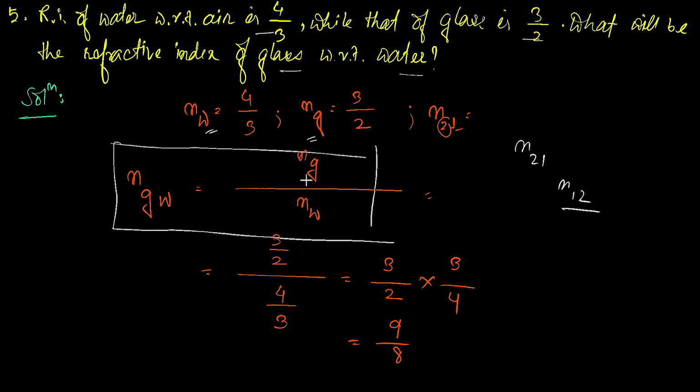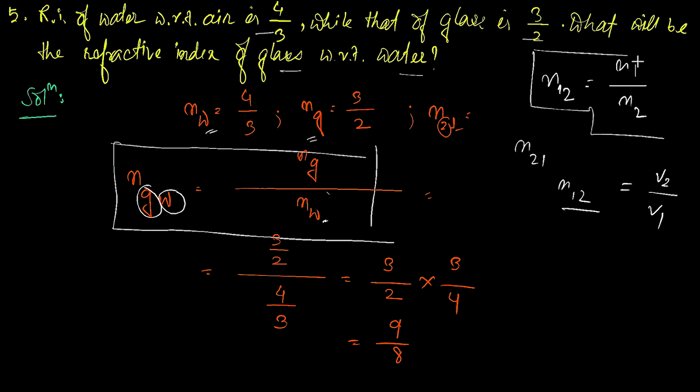And there we have the velocity of light in medium 2 by the velocity of light in medium 1. It is a relation of the velocities, but we have to find the refractive index formula. The first suffix we write in the numerator, and the second suffix is written in the denominator. Just write it like that, put down the values, and you get the answer. Simple thing, just remember that formula: N12 is equal to N1 by N2.